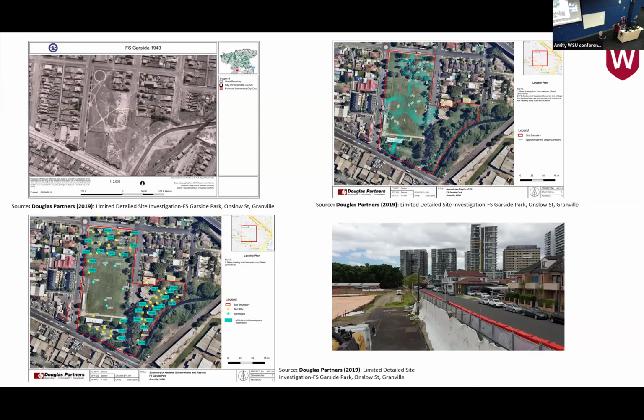And James Hardy being just a few blocks away, their actual manufacturing was on the other side of the river. So our campus is on the north of the river. The south of the river was James Hardy's asbestos manufacturing. So again, they used that opportunity to send them free asbestos waste. And that's where another layer of asbestos was deposited. And no one knew about it up until 2022.